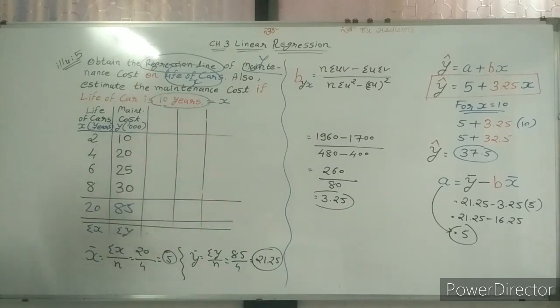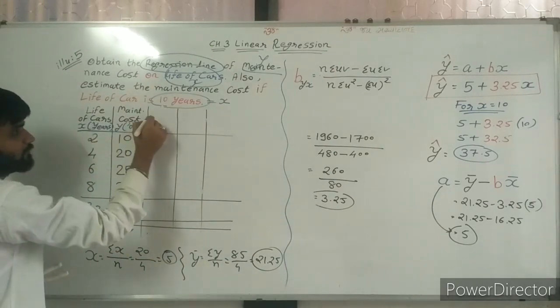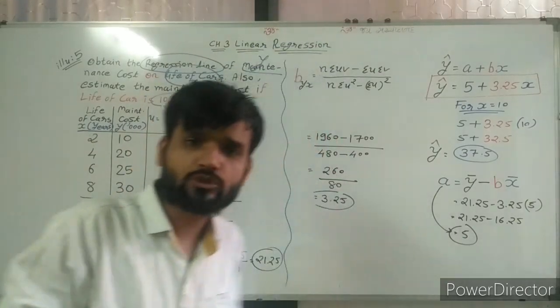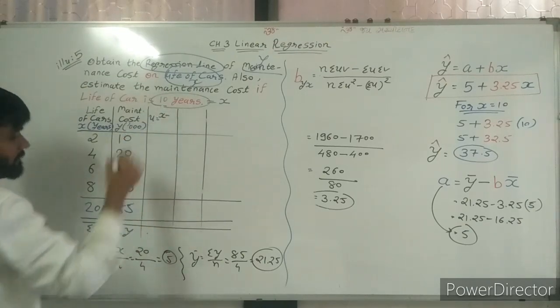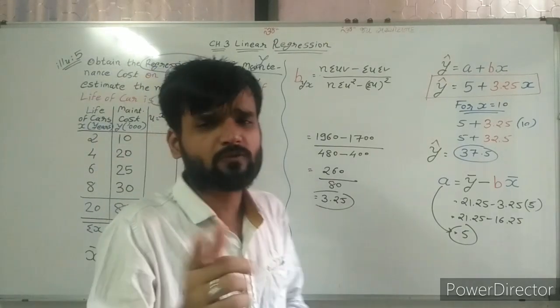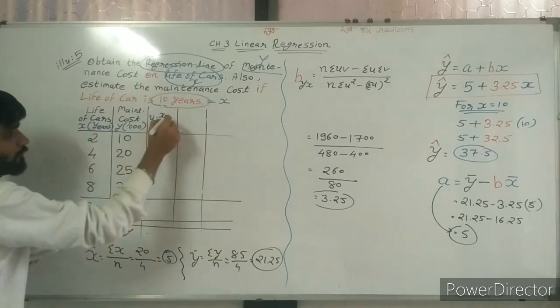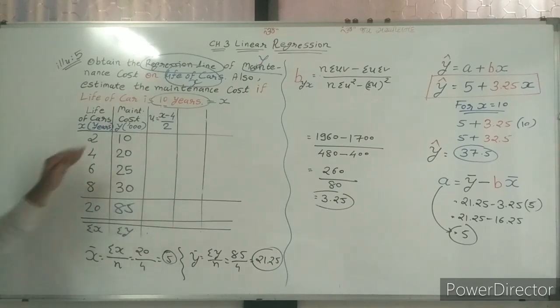Now, see here. First of all we are writing u and finding the value of u. Sir, u is equal to, we can find u by using the value of x. So x minus some assumed value. Sir, which value are you assuming? Here I am assuming 4, and dividing by 2. I am dividing all the values by 2 because the common factor is 2, so that we can find a small value. Now try to understand.